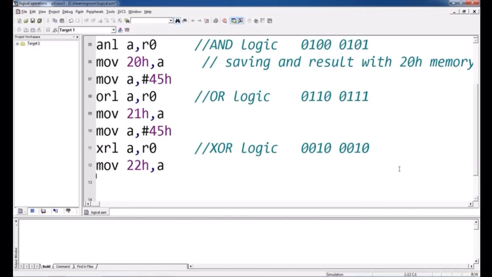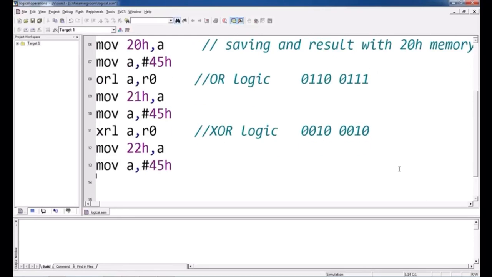So this is about the basic logic gates AND, OR and XOR. And if you want to find the complement, meaning the NOT gate, again take the first value into the A register and apply the complement operation. The complement instruction is CPL. So this is the NOT gate result.